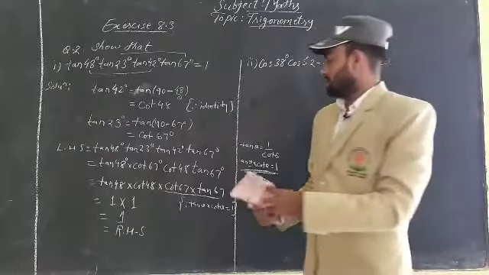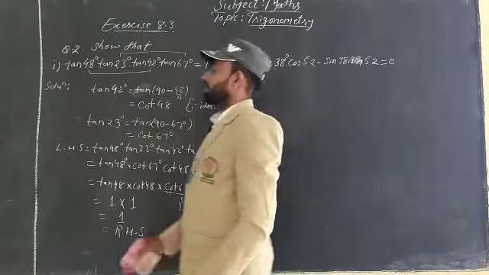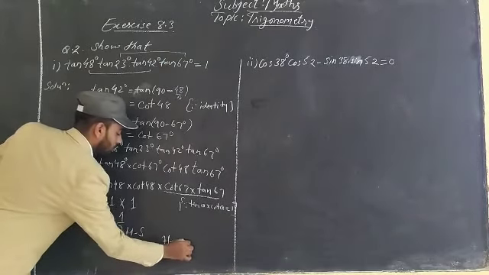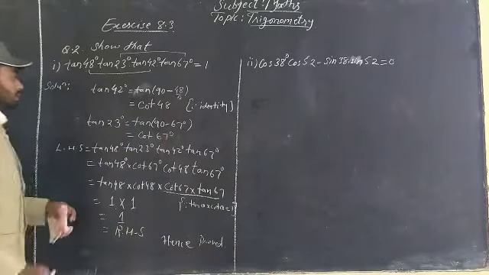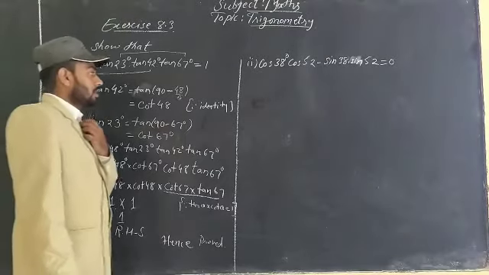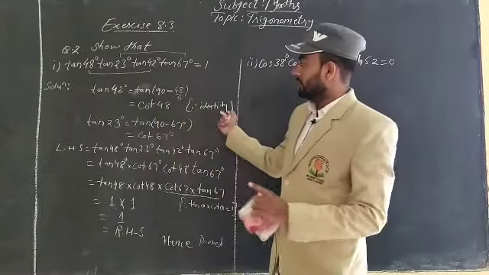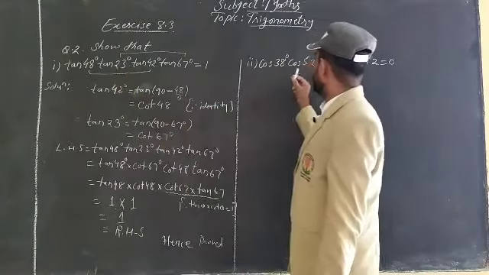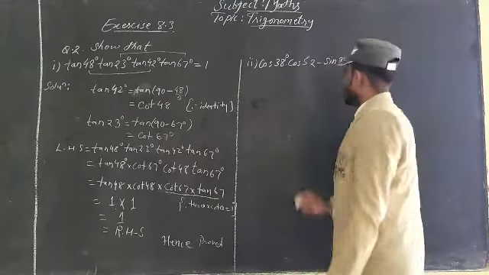So it is clear from the left hand side and right hand side that the two are equal. Hence true. Understood? Okay. Now come on to the second question. In the same manner, the only difference is that here in between there was multiplication, here minus is there, and in these two there is a multiplication.